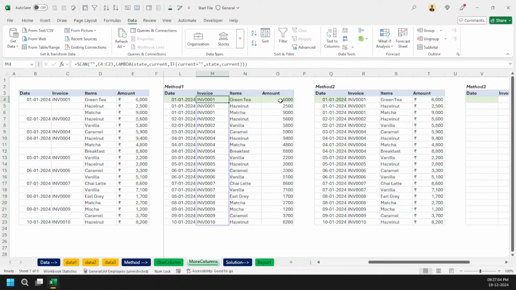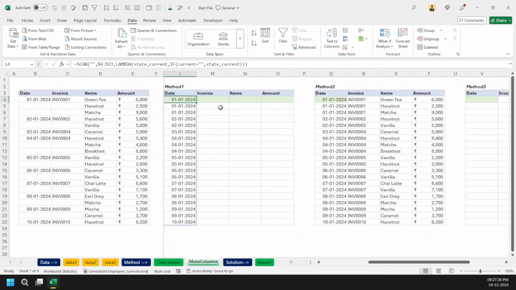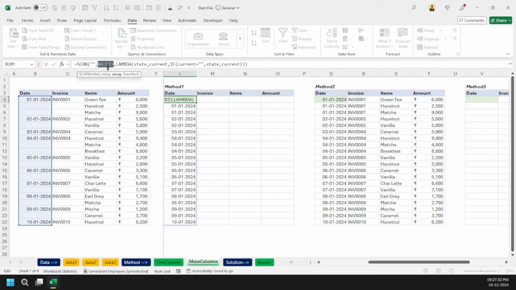So what I want is to iterate in a way that this function applies every time, and it will spill my arrays, one column at a time, again and again. So what can I do? You can see I've selected my first column, right? So what can I do here? Just see here.